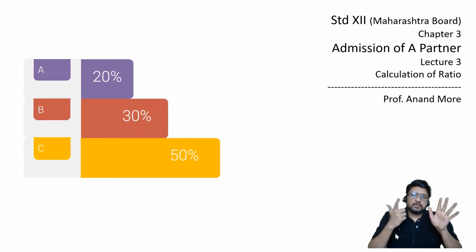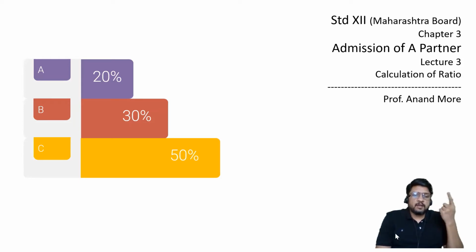And the seventh step is close all other accounts, transfer them to closing balance sheet, and closing balance sheet should tally. So this is how the 7 steps are there in a problem of admission of a partner, in which I am in the 4th step that talks about treatment of goodwill. And for goodwill there are 3 questions to be answered. First question, what is the value of goodwill?